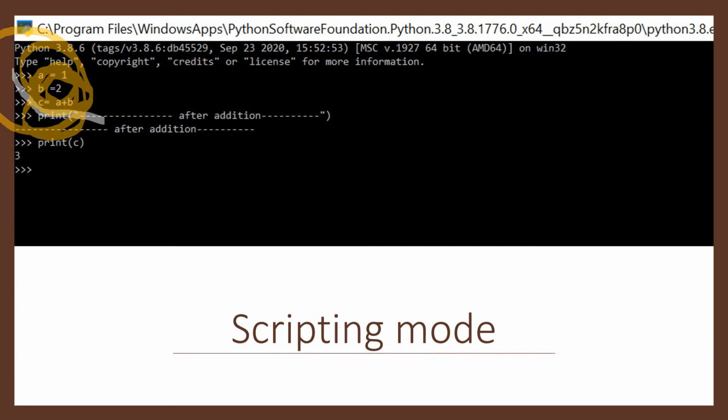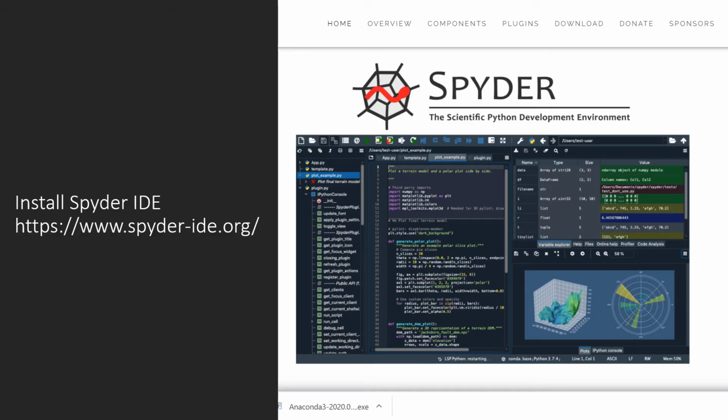We can do a lot of programs here, but for the time being, we'll skip the details of how to code in Python. Next, there is another IDE that we need to install to do more activities in Python programming. In our 11th standard curriculum, it is mentioned that we have to use Spyder IDE. IDE stands for Integrated Development Environment. This is another simple and scientific tool to create Python code.